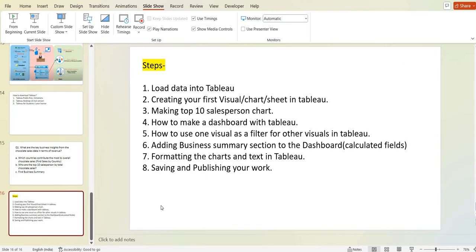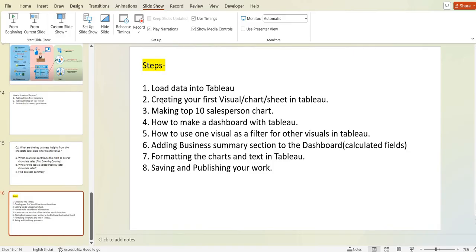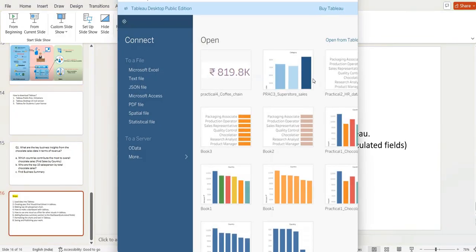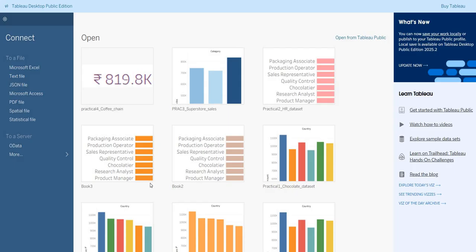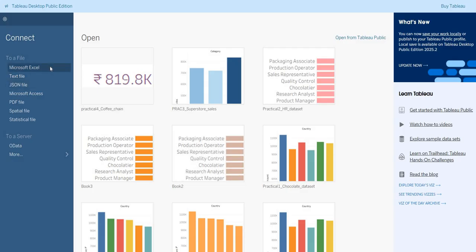Let's get started. The first step will be to load data into Tableau. After that, the second step will be to create visuals or charts. Open your Tableau. So this is my Tableau Public edition. First step is to load the data. To connect data, click on Microsoft Excel